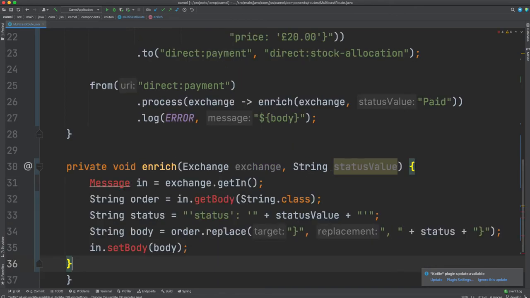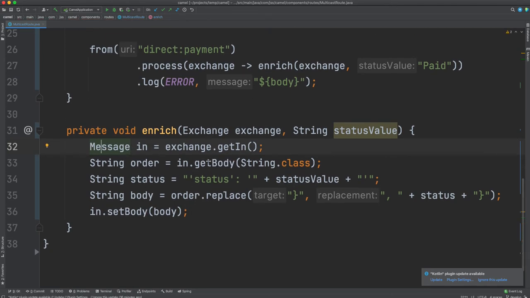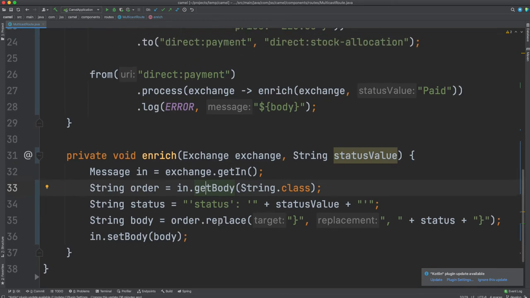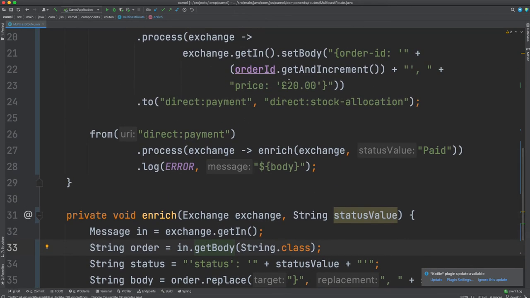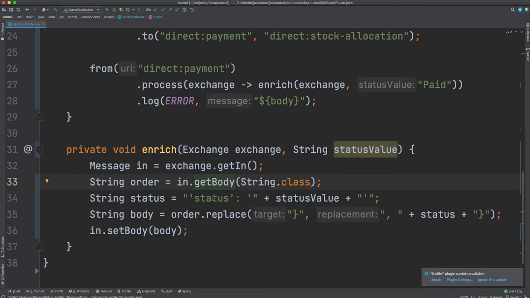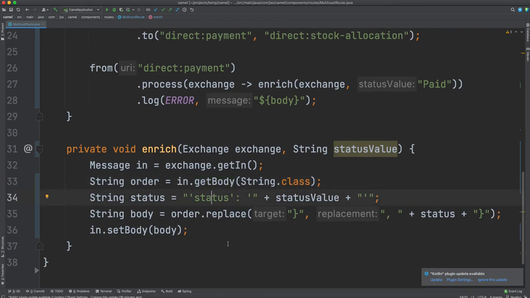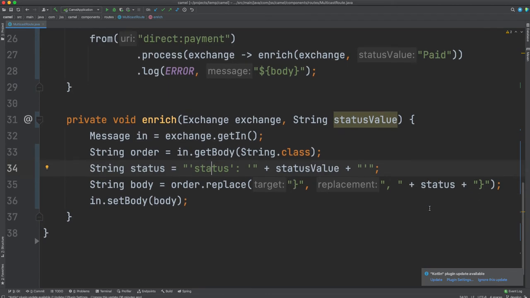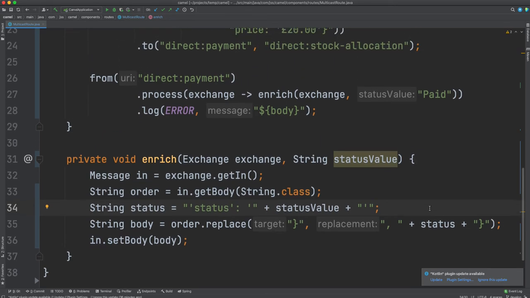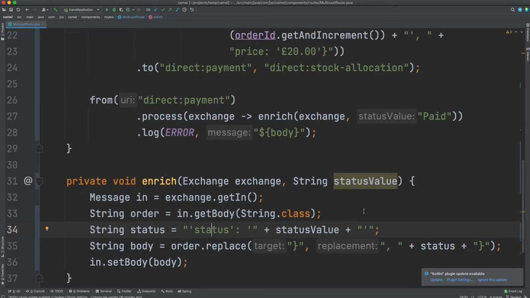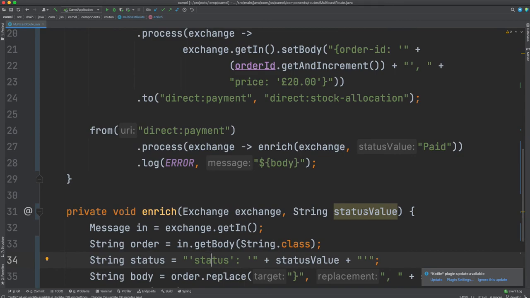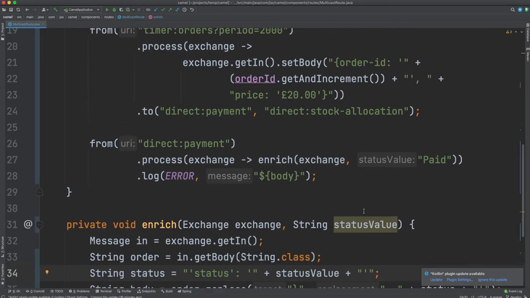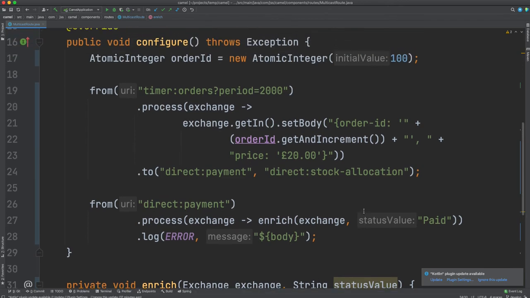So what we are simply doing is we got the message. Okay, and then I said, give me the body of that message, which is basically this, which we have set here. And then I said, okay, add status. So I'm using a very crude way, like I'm picking up this last curly brace and adding this new text. Let's not go into too much detail on how it can be improved, because this is not how you will be doing it. You will be using some sort of JSON parser, and then you will be enriching this information in a nicer way. But we got the idea.